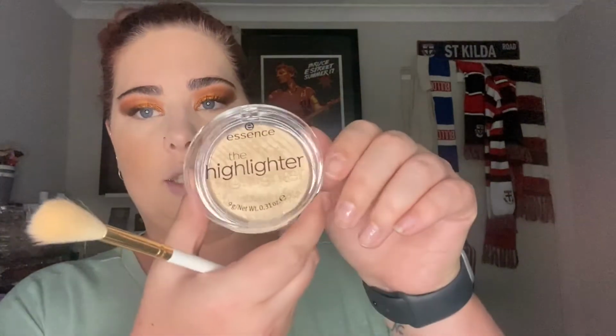Given that we are going for a more muted look today because it is so hot outside, we're sitting at 37 degrees right now, which is probably just under 100 degrees Fahrenheit for all you American kids playing at home. I'm just going to take my highlighter brush and the Essence highlighter, and we're just going to take some of that